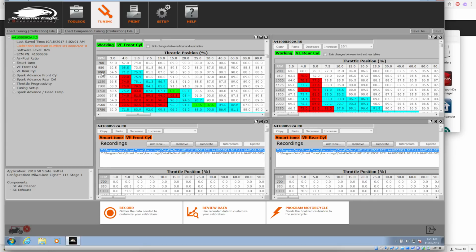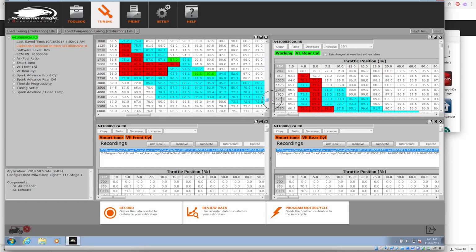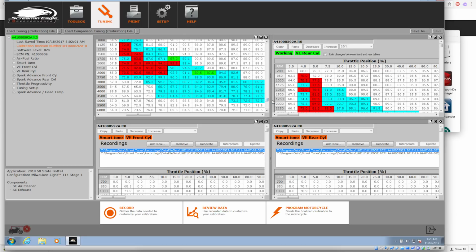Now, looking at this, you can see 1000 RPM, throttle position. None of this was probably hit. In my riding, I probably missed that section. I did a good bit of spirited riding. I did some riding downtown through some traffic. You can see wide open throttle. All of this